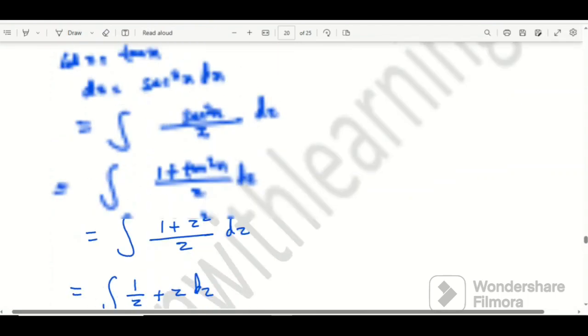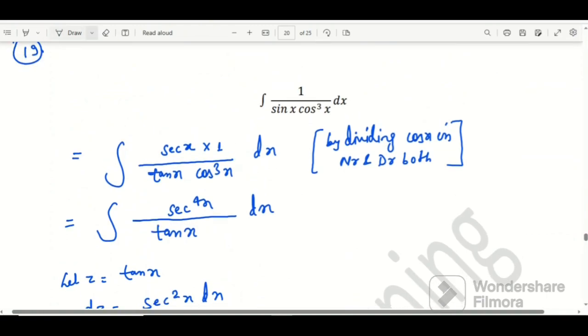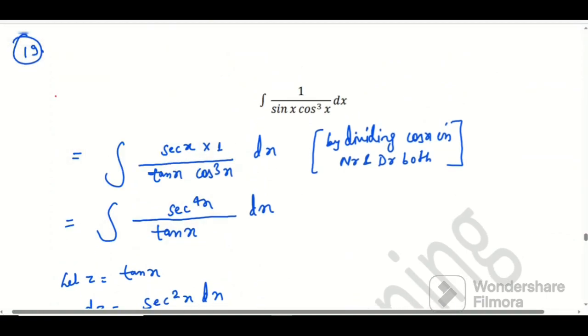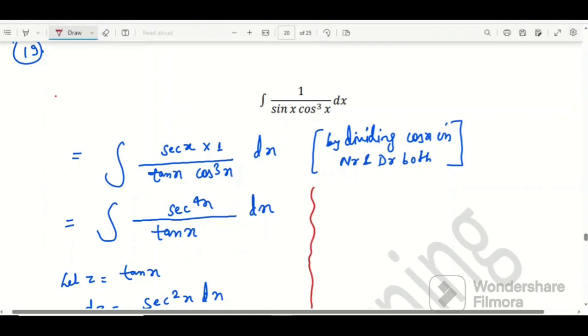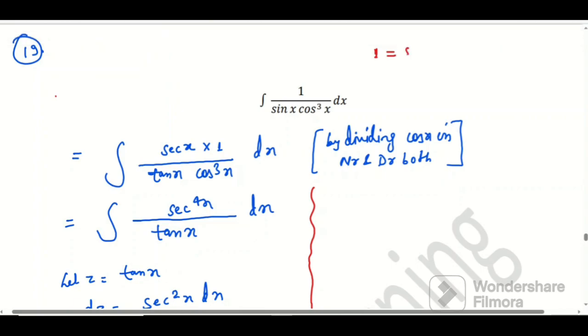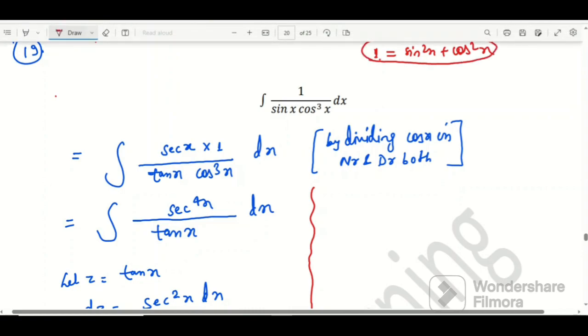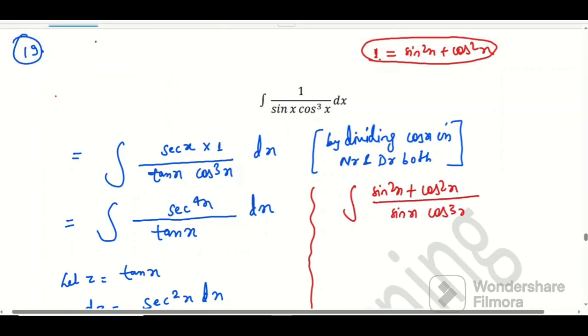Here we can use some other method also, some other trigonometric identities. I've told you here I can try. I can replace 1 by sin square x plus cos square x. We can try. We'll see whether we get success or not in solving. Why am I trying this? Because once I write sin square plus cos square x, then I can separate. After separating, it will be easy to cancel them. So here I am writing sin square x plus cos square x upon sin x into cos cube x dx